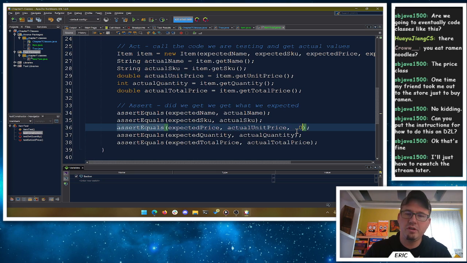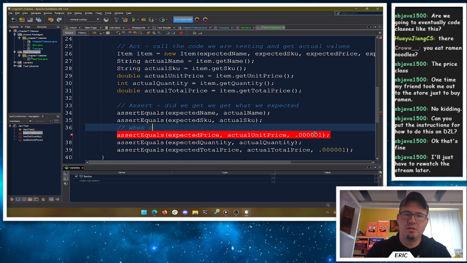So we'll say, as long as you are within like a millionth of each other here, and that's tenths, hundredths, thousandths, 10,000ths, 100,000ths, 1 millionth. As long as you're within 1 millionth of the other number, we'll say that's close enough to be equal. So when comparing doubles, you need a delta. How close is close enough?